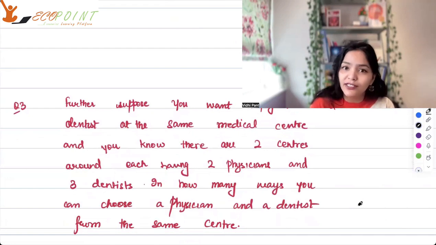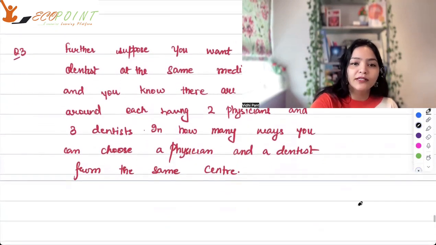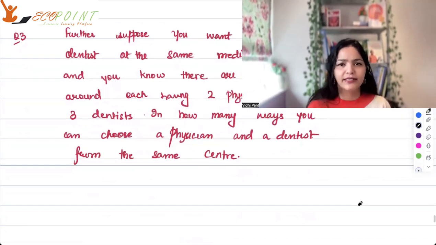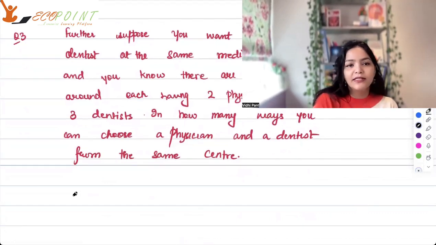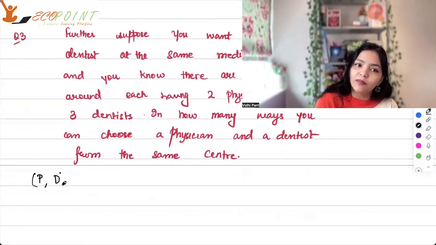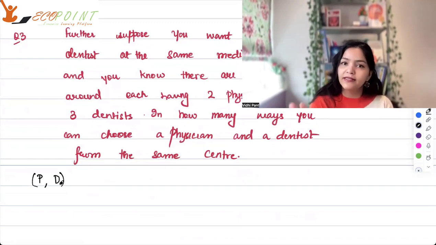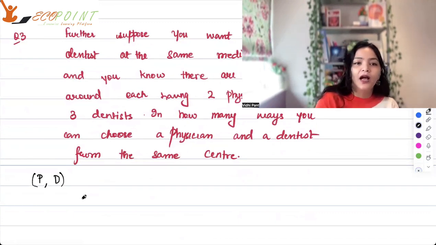This time थोड़ा सा चेंज हो गया, ठीक है। तो अब इसको पूरी तरीके से देखते हैं। अब हमारे पास फिजिशियन है और डेंटिस्ट है। अभी भी I want a physician, I want to choose a dentist, that means we are talking about physician comma dentist, your ordered pairs, ओके, दोनों चाहिए क्योंकि हमें, ओके।